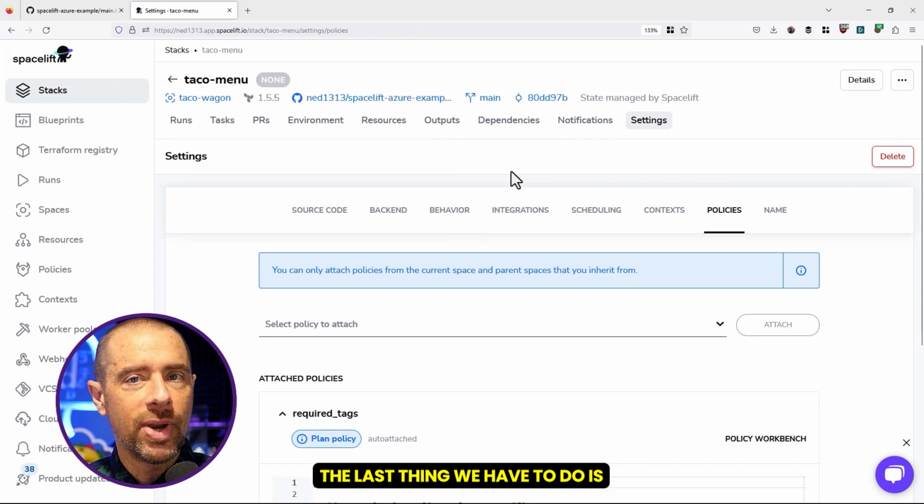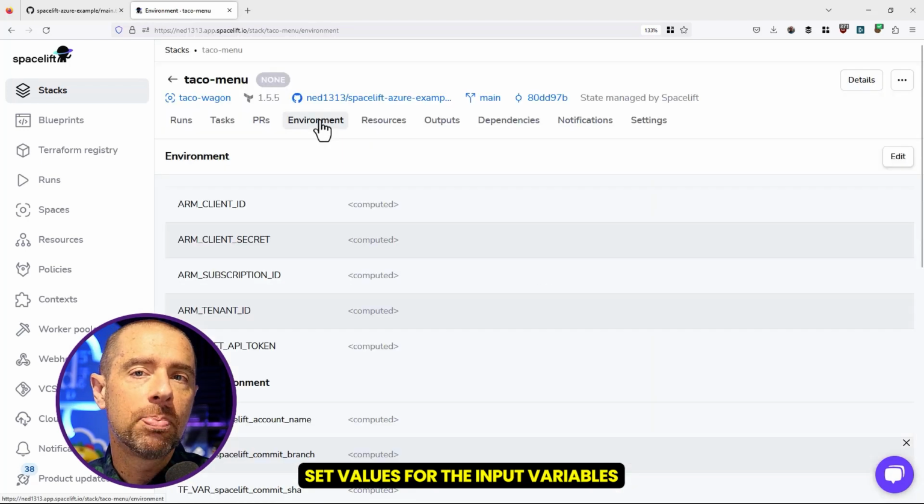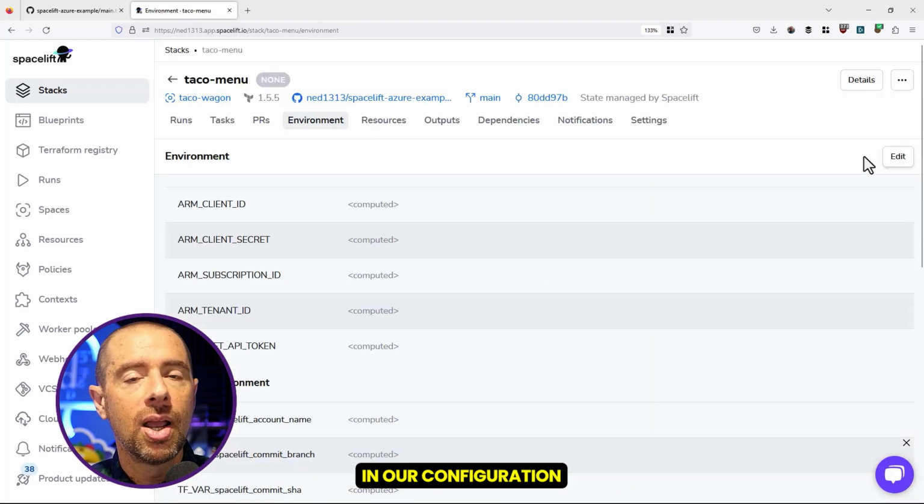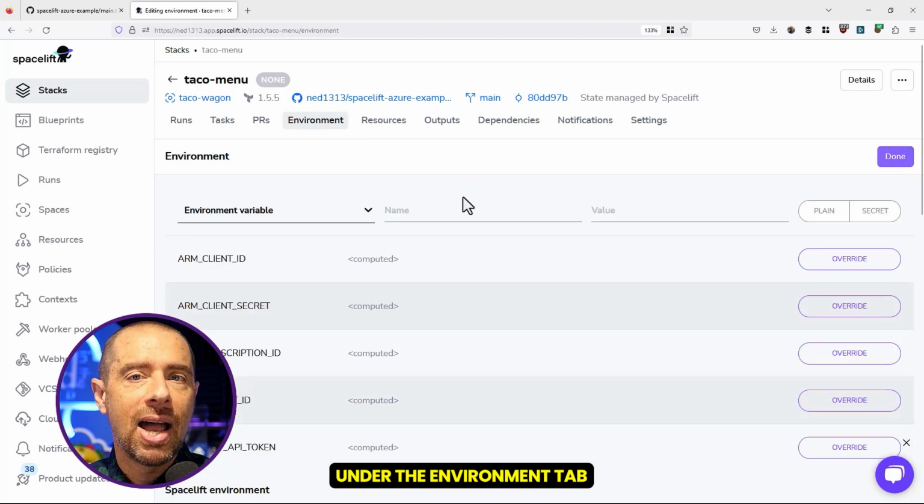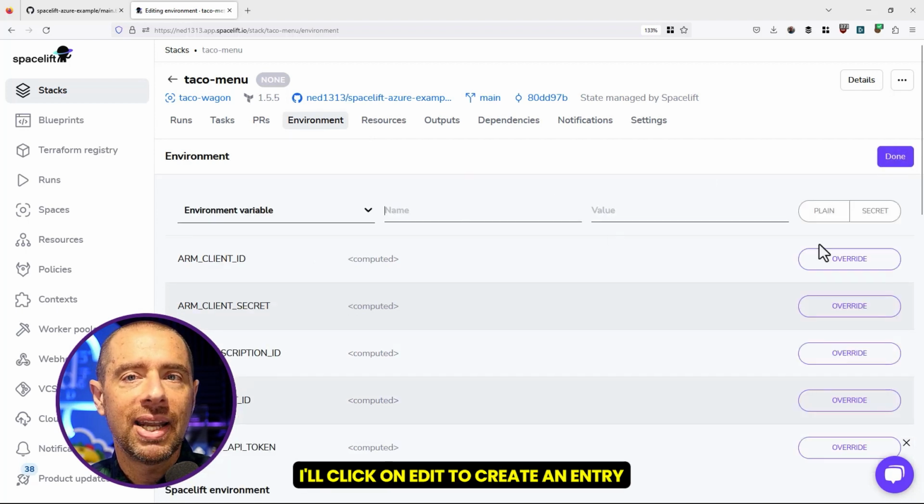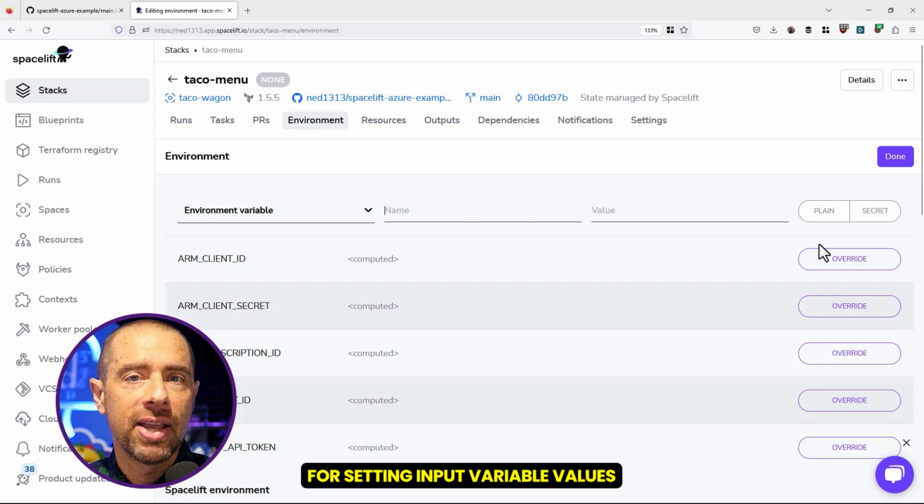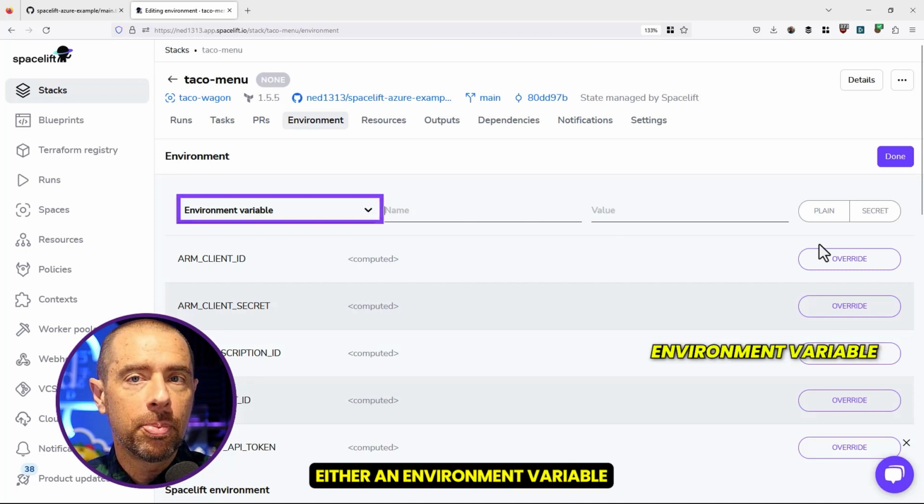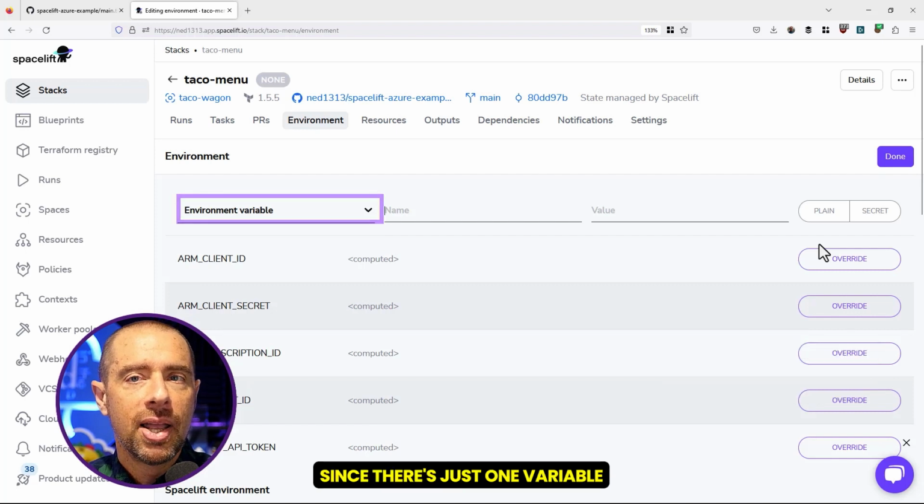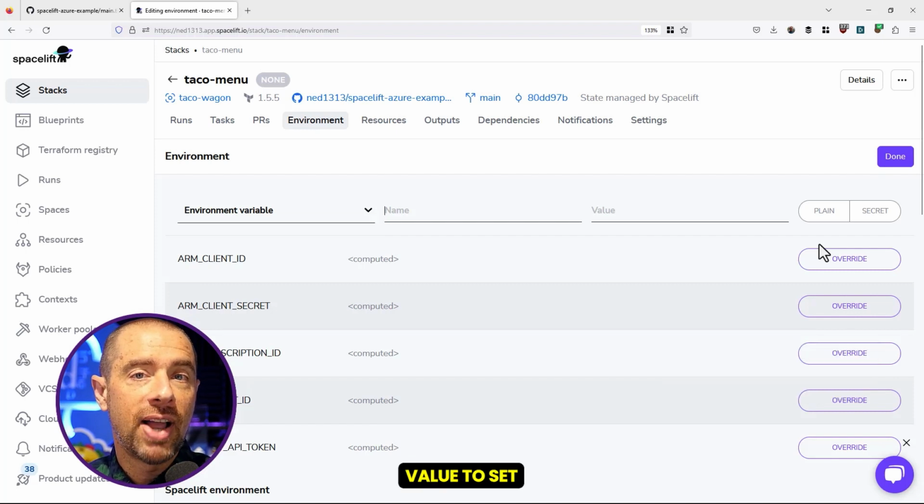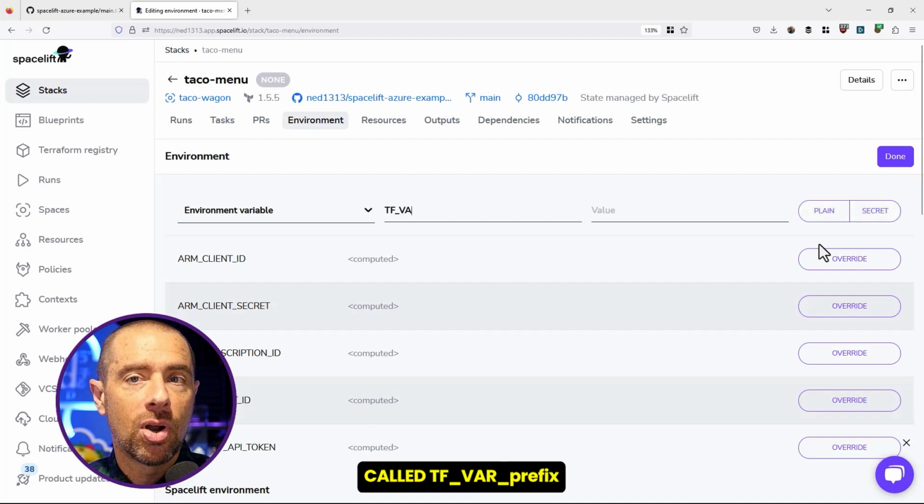The last thing we have to do is set values for the input variables in our configuration. Under the Environment tab, I'll click on Edit to create an entry. We've got two options for setting input variable values, either an environment variable or a mounted file. Since there's just one variable value to set called prefix, I'll go with an environment variable called